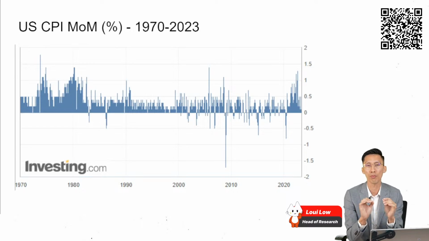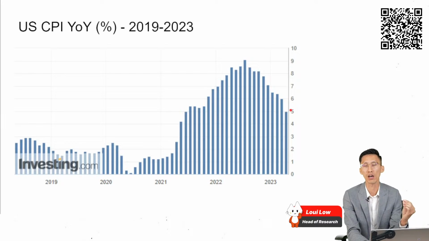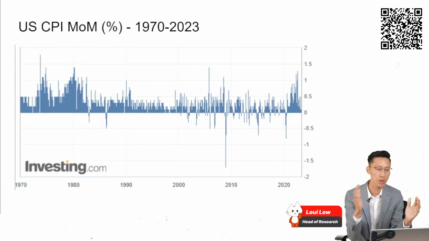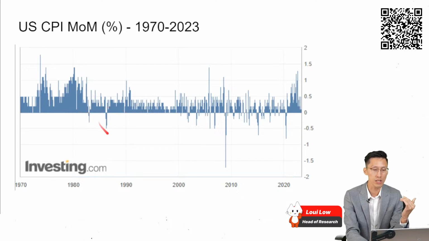So why am I showing you this? Although you can take note that the year-on-year increase is still above the Federal Reserve inflation target, if you look at the whole view over the past 30 years, actually the month-on-month incremental value is not huge, and that is within a very safe range that we can see. The moment when you see that CPI numbers go below zero,